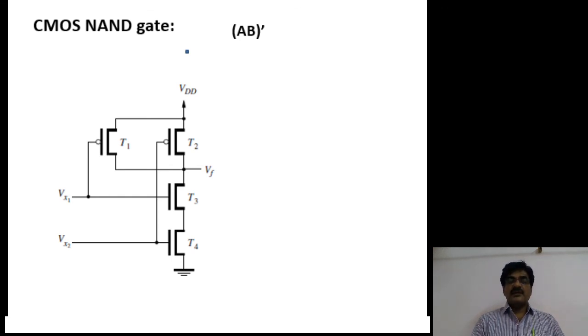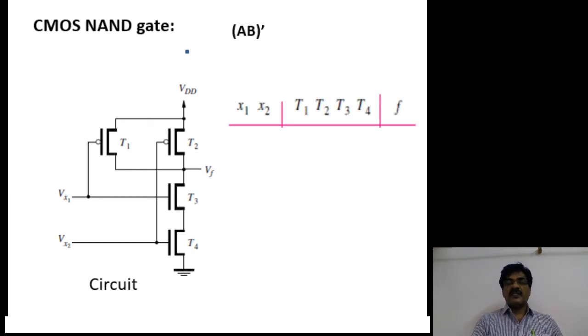Then let us fill the functional table. After that, check whether it is satisfying the truth table of NAND gate or not. The functional table of NAND gate is, already NAND gate